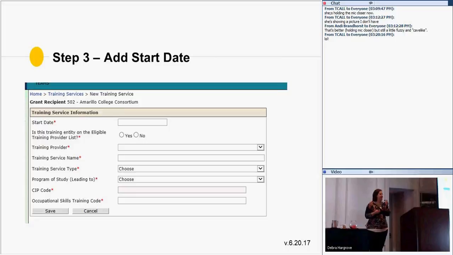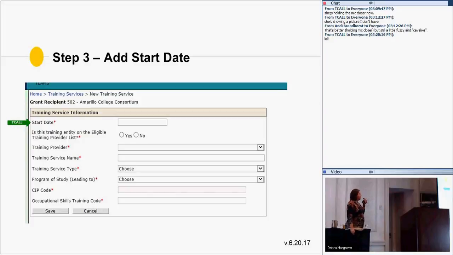Again, as you see, they have a situation where the start date of the training is Tuesday and the day the film class starts is Friday. Two different days. The start date is the day the training actually began, and this will be reported for the participant as the day they enter training.